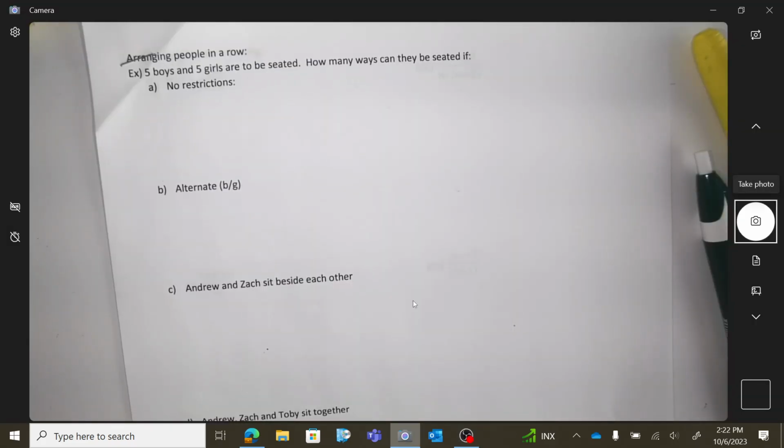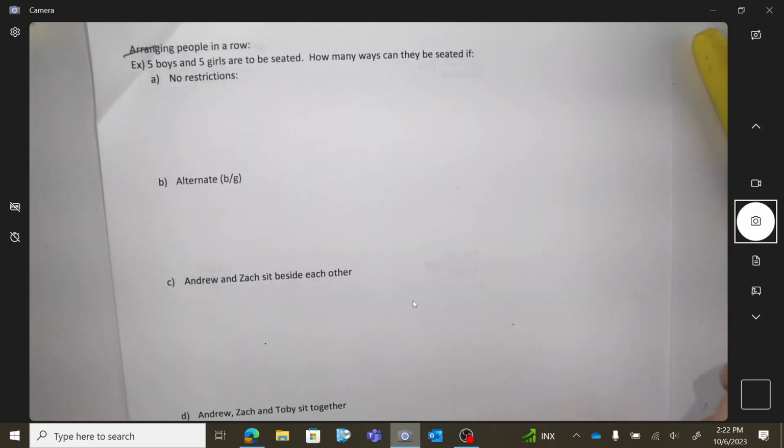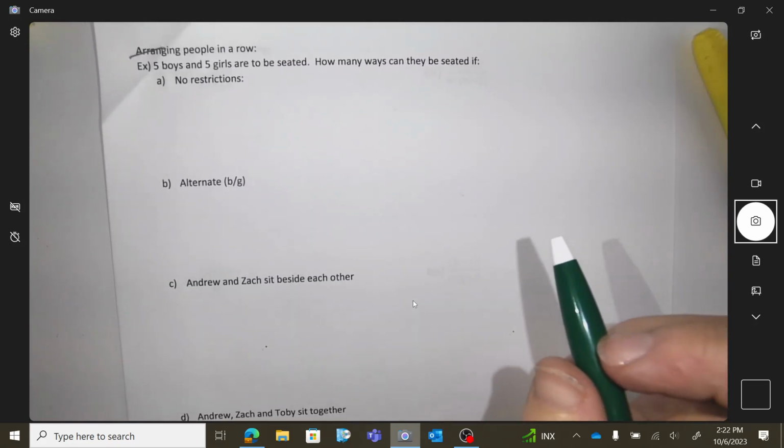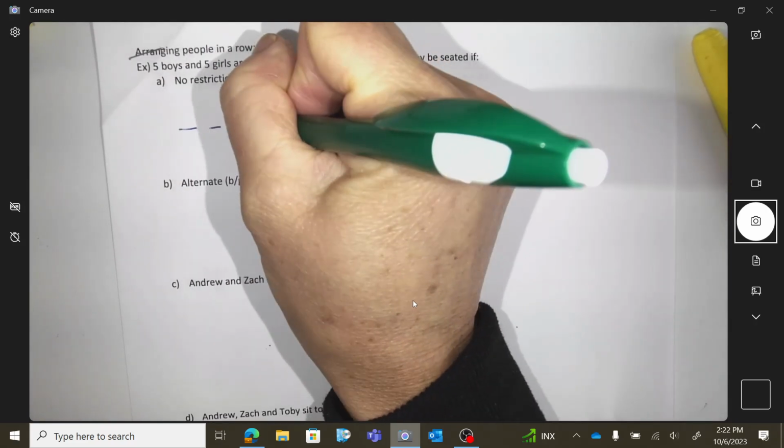Okay, this page where it says arranging people in a row. Okay, number one, you have 5 boys and 5 girls to be seated in a row. How many ways can you seat them if there are no restrictions? So basically,